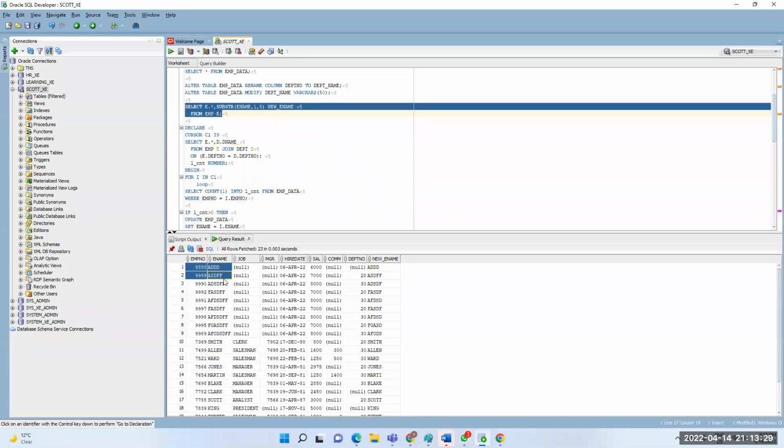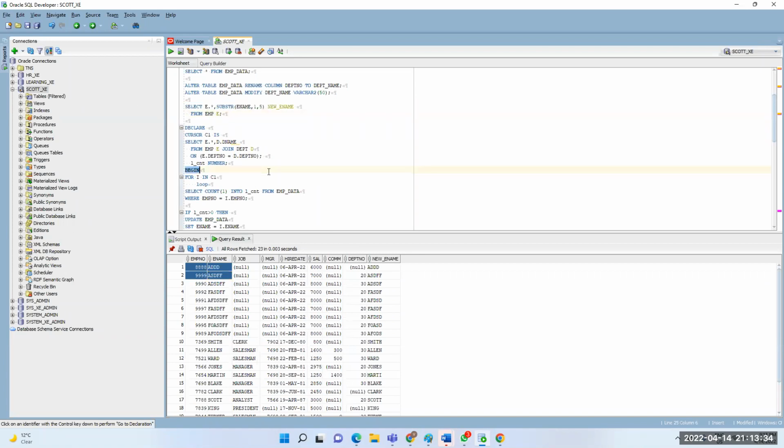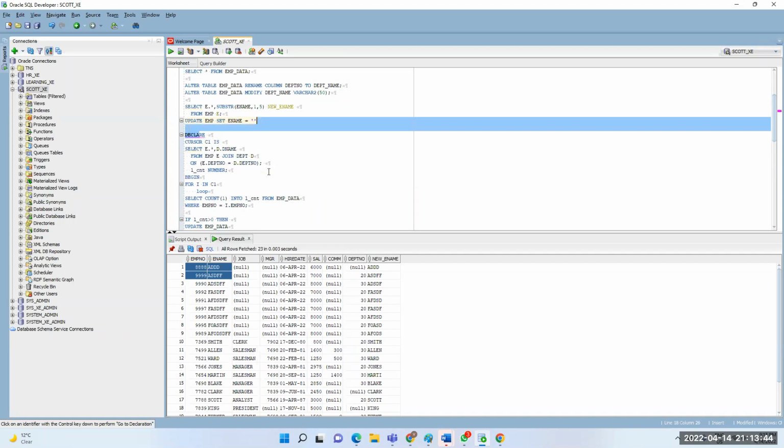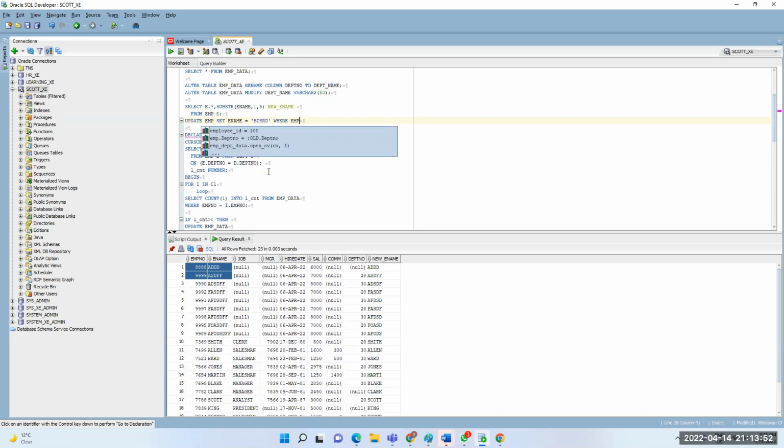Update emp set ename equal to some value where emp number equal to 888. And the second one is ASFF, FDF, ASDFF, we can give some values.